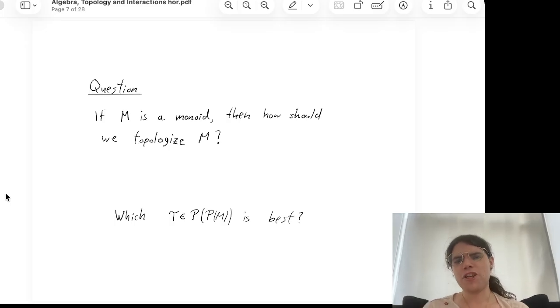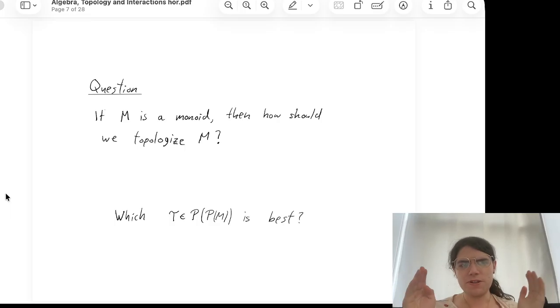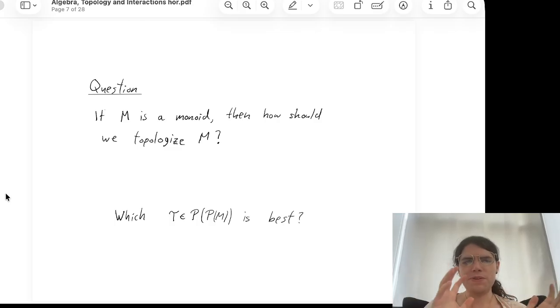Okay, so the question I want to talk about in this talk is: if I have a monoid, then what topology should I put on it? The premise is that monoids are interesting, and there have been examples in the past of people using topology to do stuff with various monoids. So if I have a monoid I care about, can I put a nice topology on it to study the monoid better? And this also gives me an excuse to use lots of topological facts because I'm a topologist and I like topology.